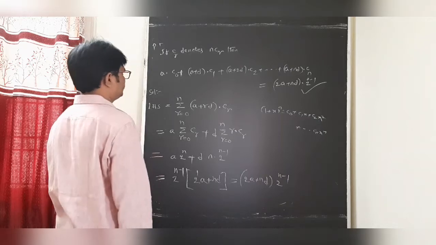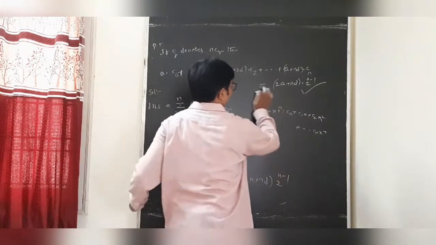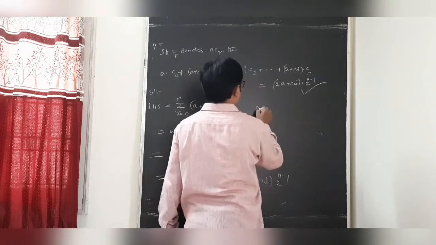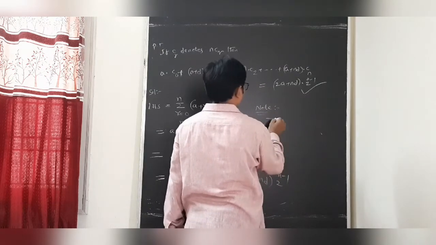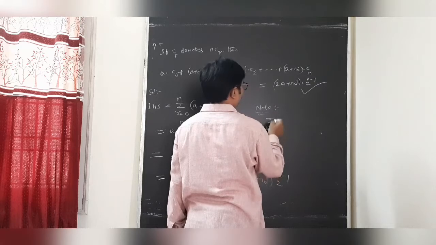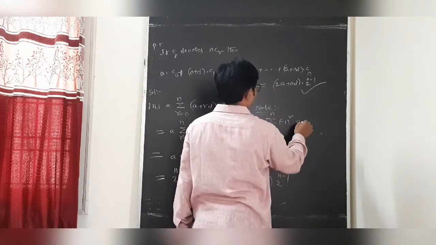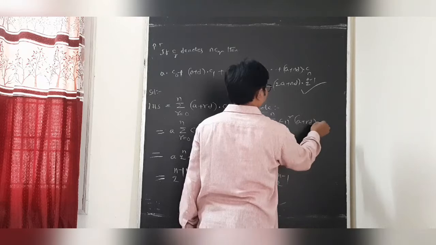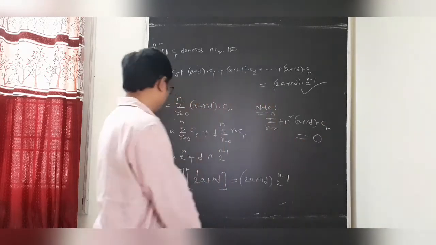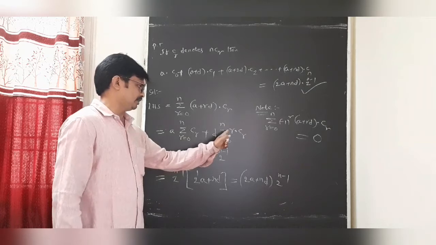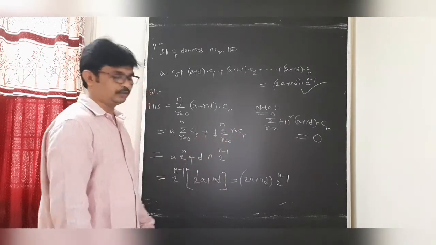Similarly, students, suppose there is sigma. My dear students, alternating sign is there. Suppose sigma r equal to 0 to n, minus 1 power r, A plus rd into Cr. It will be 0. That is, we get minus 1 power r Cr, minus 1 power r into Cr. This will be 0 plus 0, 0.